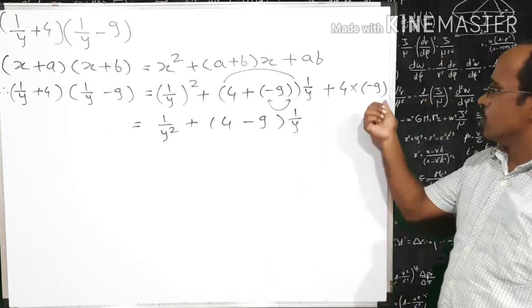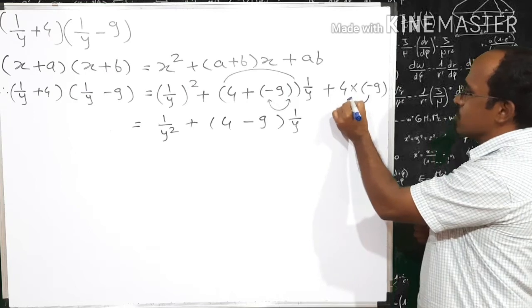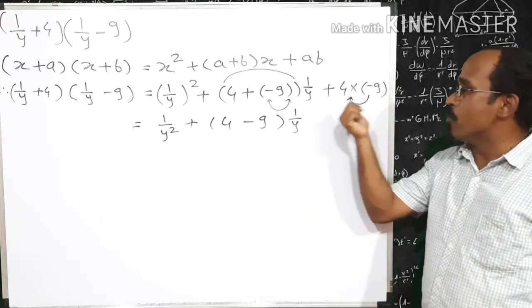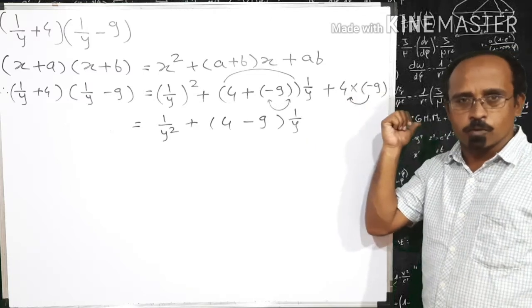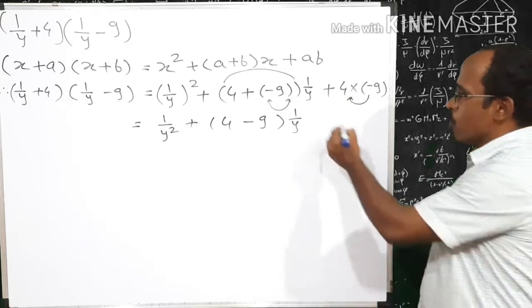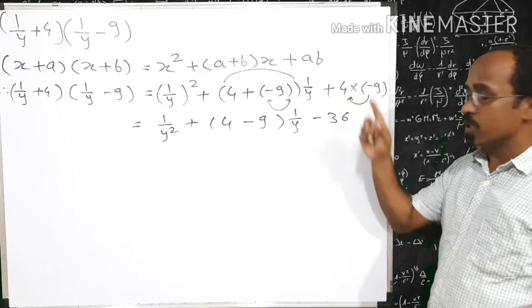Plus 4, look at the next bracket. What is this bracket doing? It is directly multiplying to this number. Means here we have to do multiplication of minus 9 and plus 4. So multiplication of minus 9 into plus 4 is equal to minus 36. Right? 4 9s are 36, and minus is the symbol in the case of multiplication.